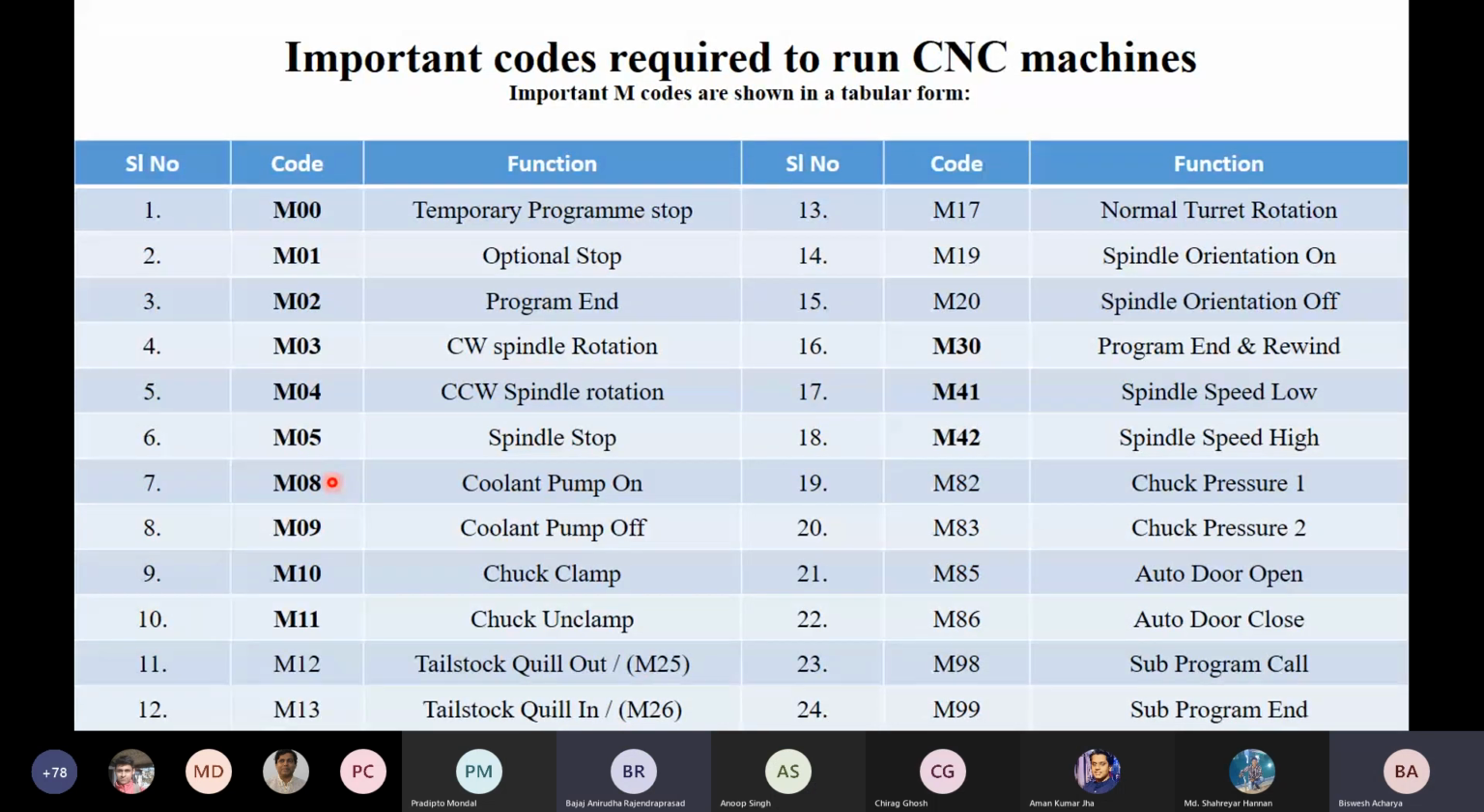Okay, sir, do we have to remember all these codes? Not really. Whatever I have highlighted, those are the ones we will use in the program, so mostly that will be helpful. There may be a number of G codes and M codes. Whenever you operate the machine you will have a manual, so even if you forget you can check it. Otherwise you have to remember a few things like M00, M01, M02,